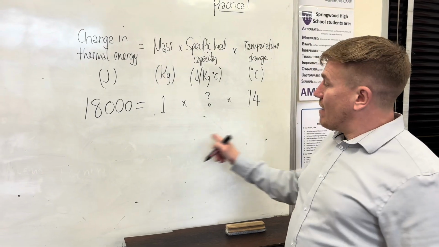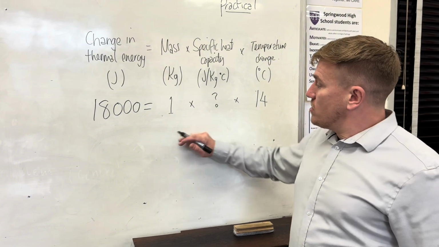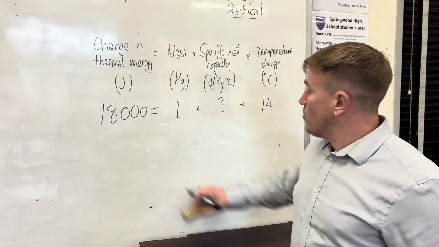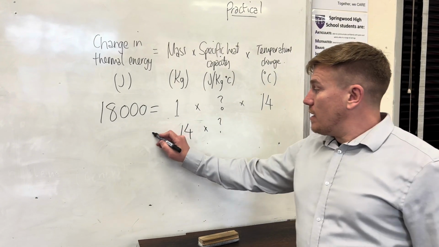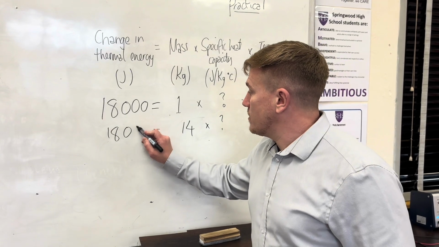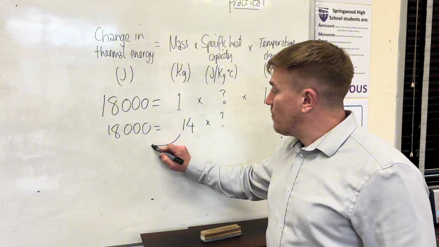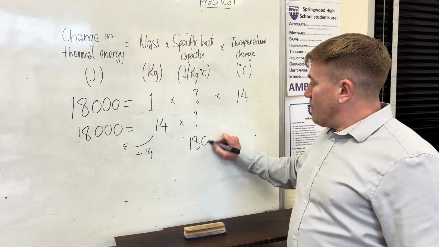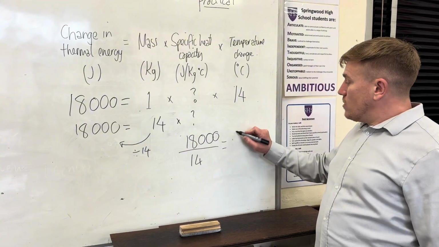Now I need to rearrange this equation so I can work out my specific heat capacity. Using my BIDMAS rule, I could do my 1 times 14. So I'd have my 14 already, times a number that I do not know, equals 18,000. To move this 14 over, I can divide by the 14. So 18,000 divided by 14 is equal to